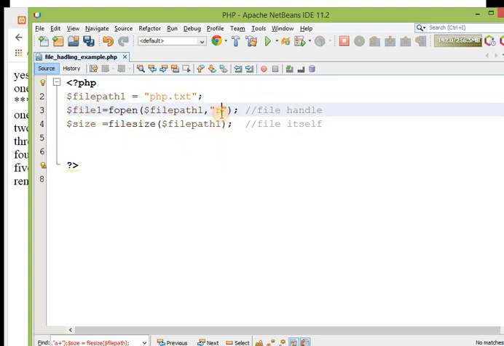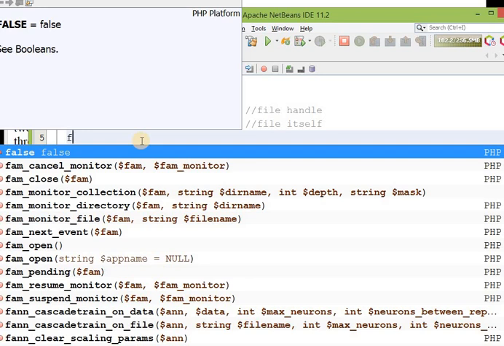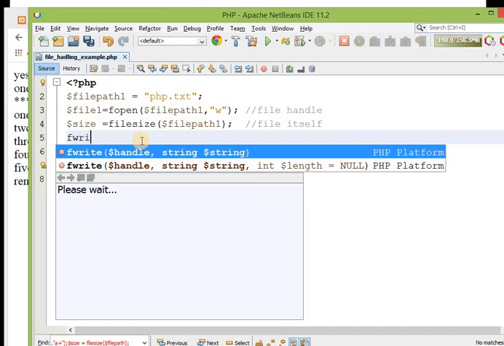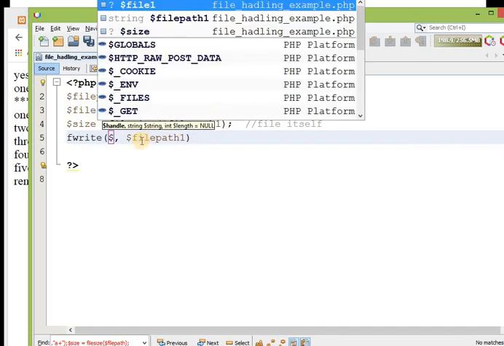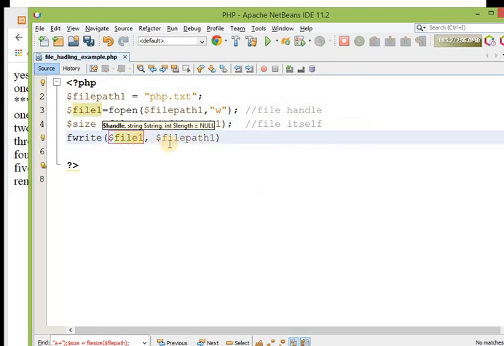Now I am just changing its mode like that. Now I want to write with fwrite. What is the handle of the function? File 1. I want to write the whole content, so file size.